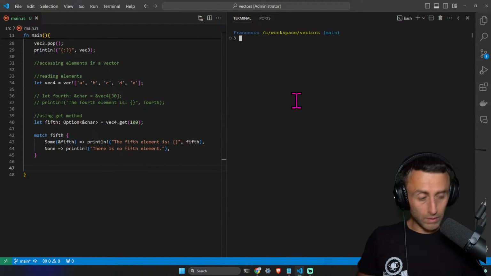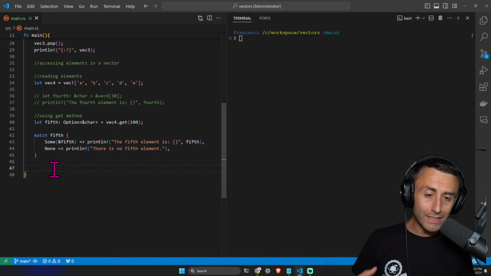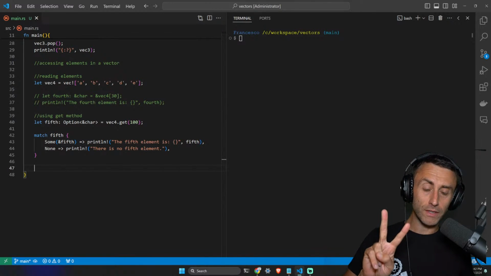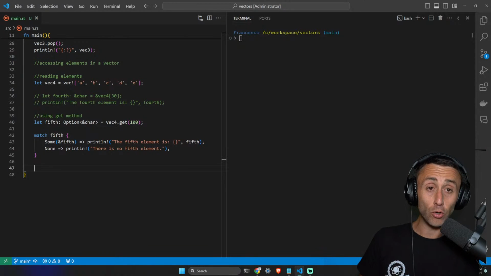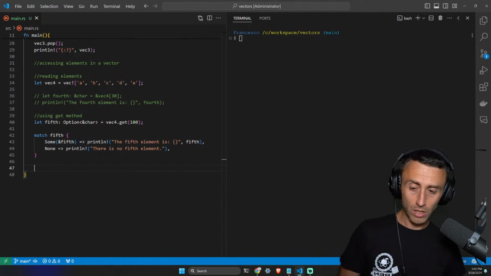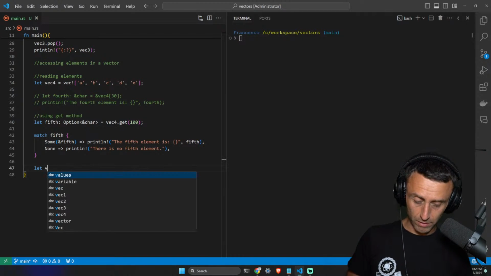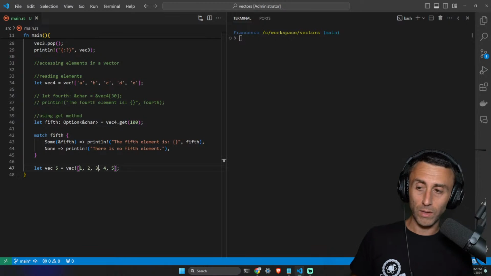Okay, I want to type here. Okay, now let's understand how we can iterate over the values in a vector. I want to make 2 different cases. In one of them, we want just to read the values, and in one of them, we want to iterate and also change the values. So let's create another vector. For example, we can have vector 5, and in this one, we can have